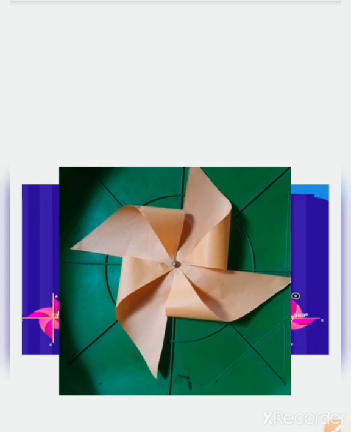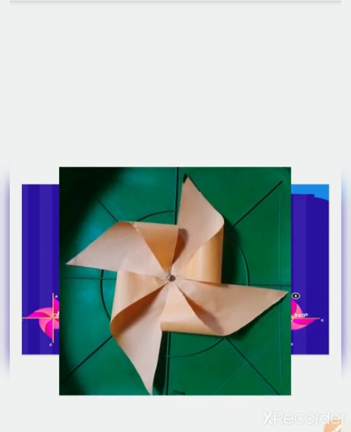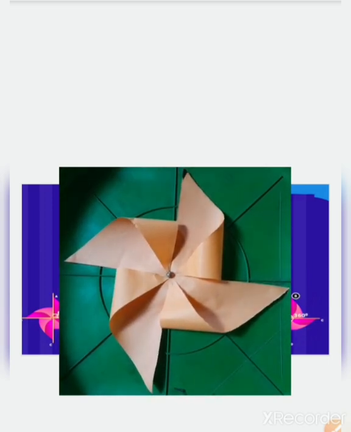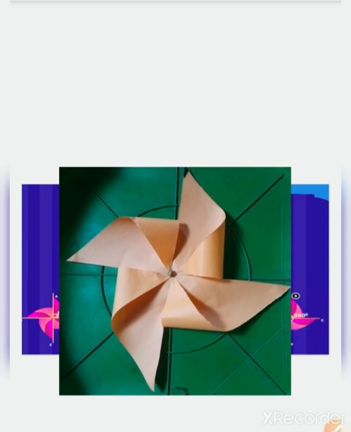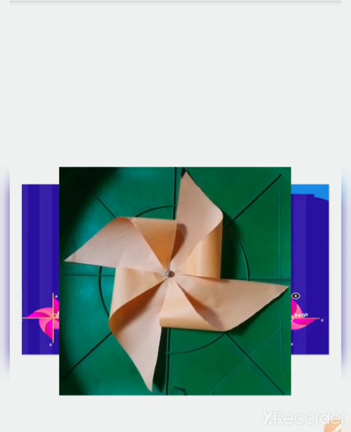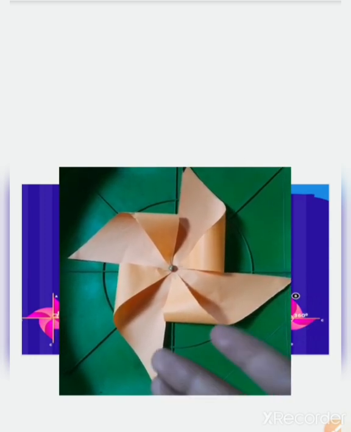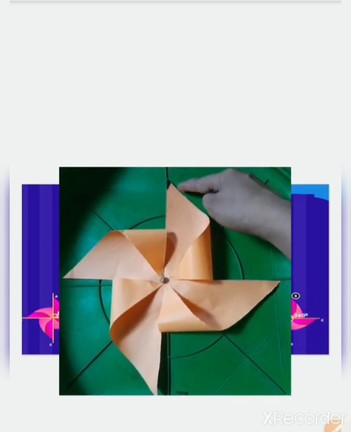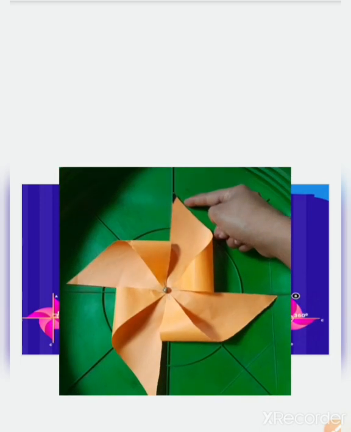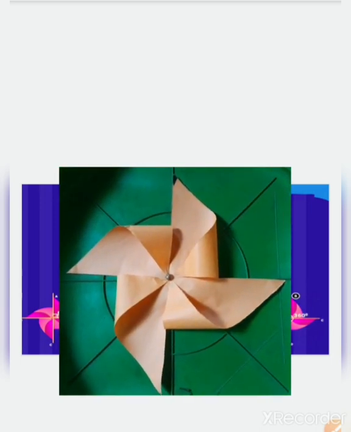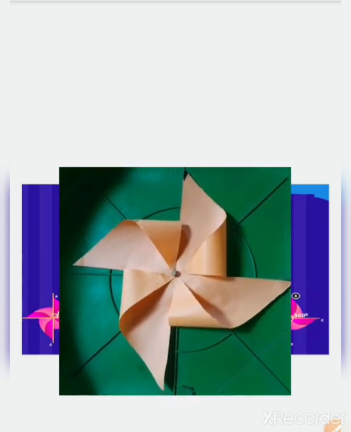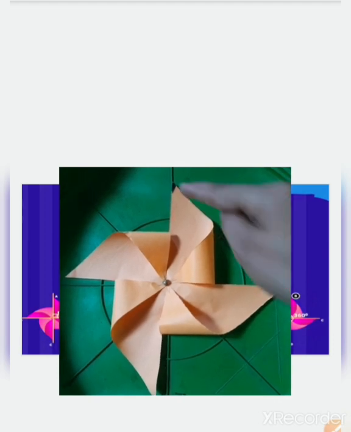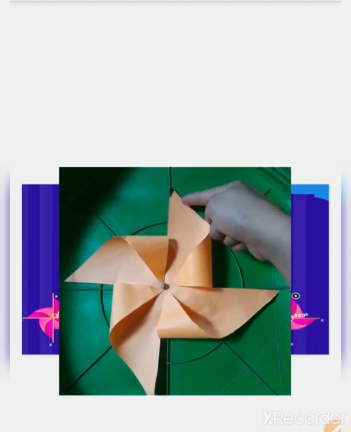Now let's see the case of a windmill. As you can see, this windmill, we will see how it looks on 1/4 rotation, half rotation, 3/4 rotation, and full rotation. So let's take this black point as the static point. First of all, we will rotate it 1/4, or we can say 90 degrees. So let's take this 0-degree.